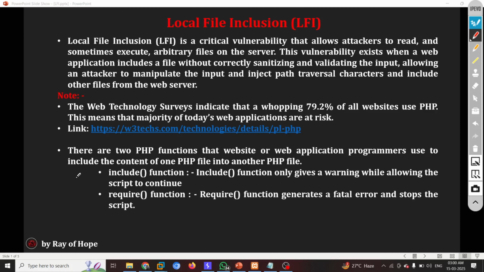Now, when we talk about PHP, why does this vulnerability exist? PHP uses two functions: one is the include function and one is the require function. With the include function, suppose we are trying to execute some sort of code on the server using include.